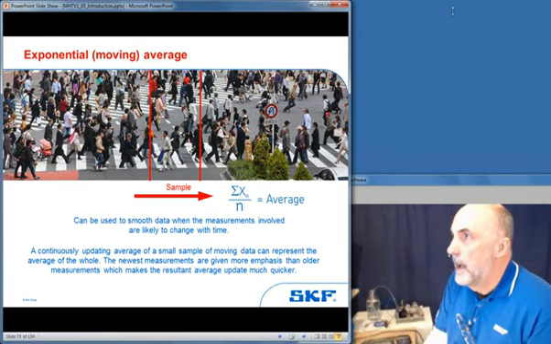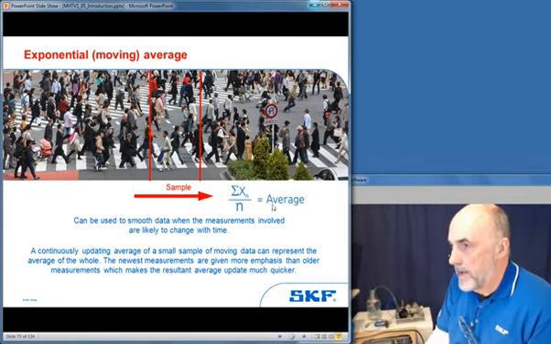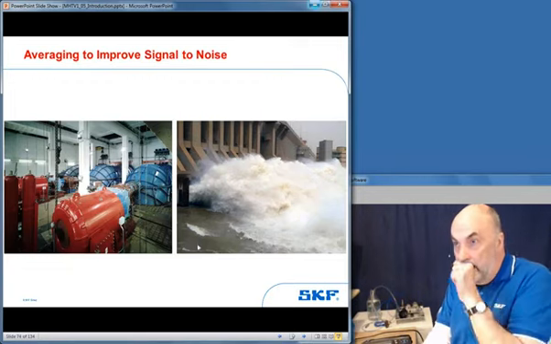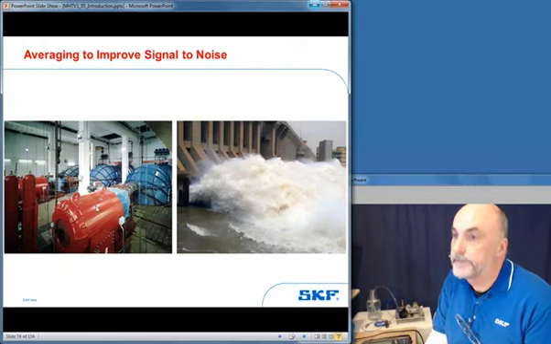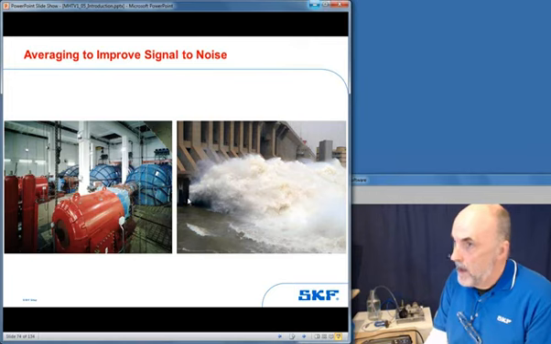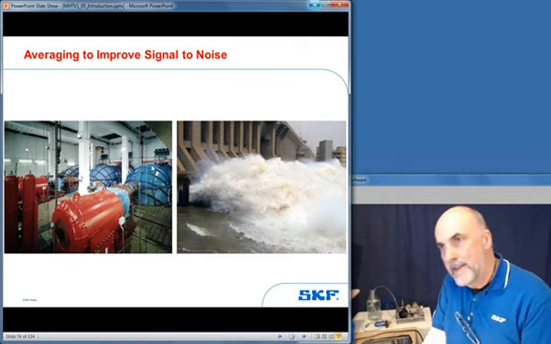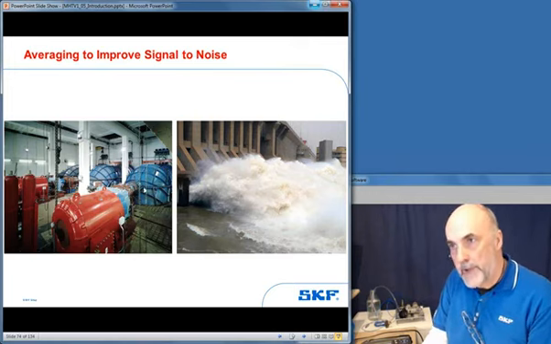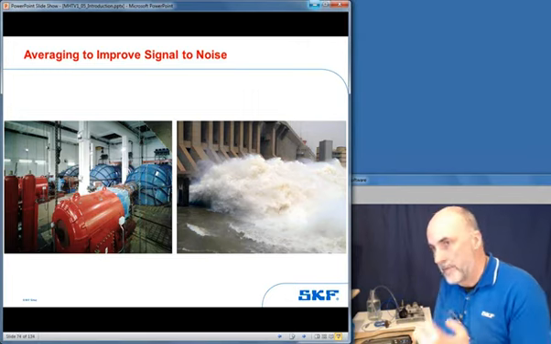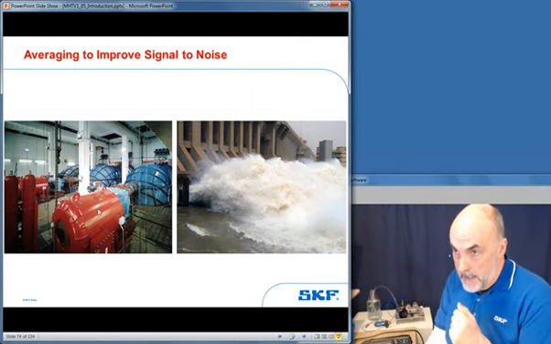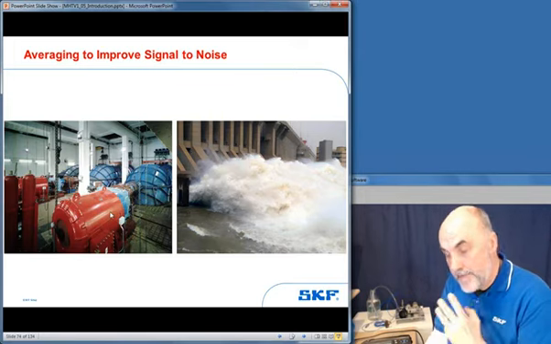And what I've got is another example of signal on random. So I mentioned that you can improve signal to noise. Here's a classic example. This is a generator in a hydroelectric power station. You've got billions of gallons of water rushing through a pipe. You'll get a roaring noise, a low frequency random vibration from that. And often that gets fed through to the machine of interest, the generator.